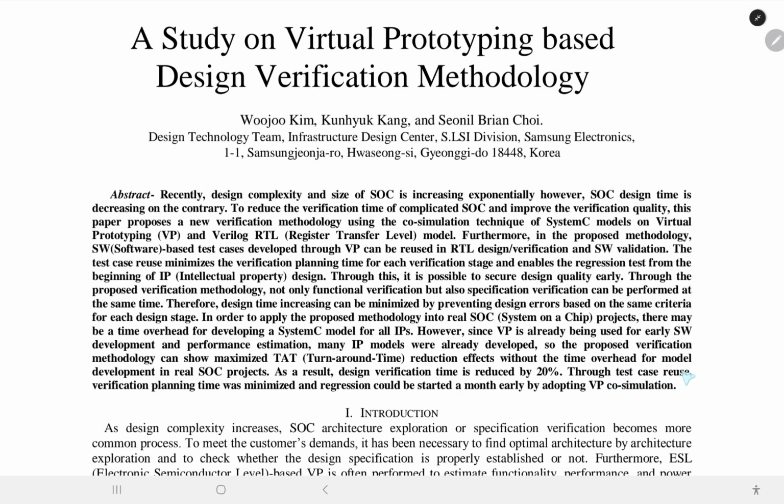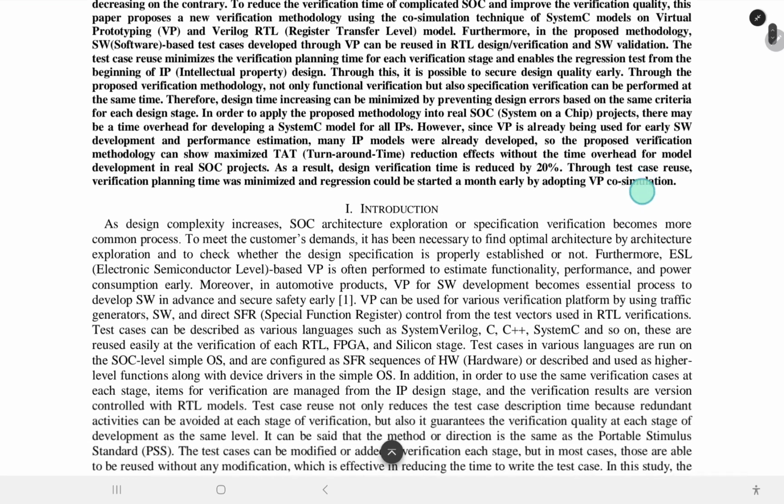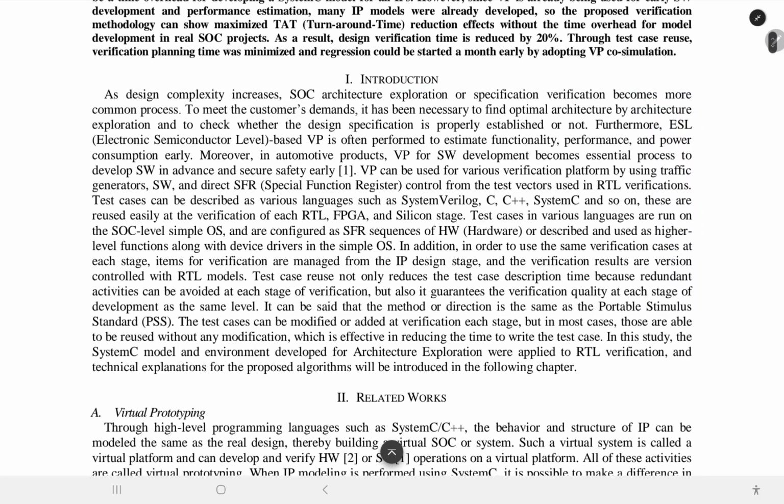Through test case reuse, verification planning time was minimized, and regression could be started a month early by adopting VP co-simulation. Introduction. As design complexity increases, SoC architecture exploration or specification verification becomes a more common process. To meet the customer's demand, it has been necessary to find the optimal architecture by architecture exploration